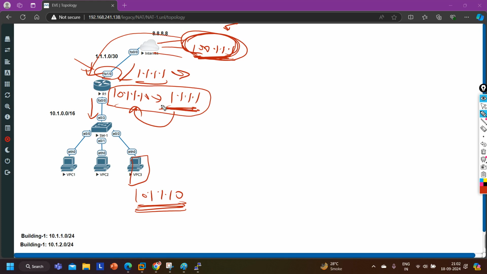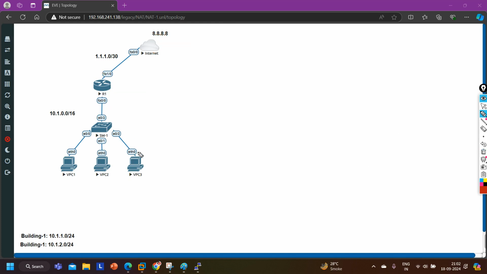No, the router will translate 1.1.1.1 into 10.1.1.10, right? So whenever you want to provide access to your internal server, then you have to configure one-to-one NATing.